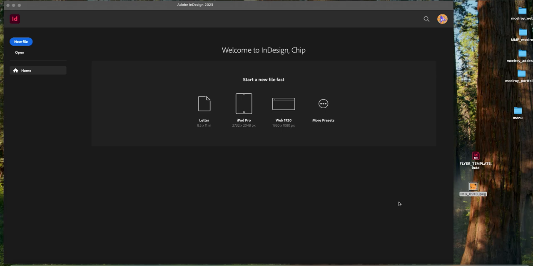Two files. So you have an InDesign file and you have a poster JPEG. We're going to make a little flyer today in InDesign and just learn how the program looks, how it functions, the basic tools for it. Because it really is a great program if you have a 3 to 5 page paper you have to